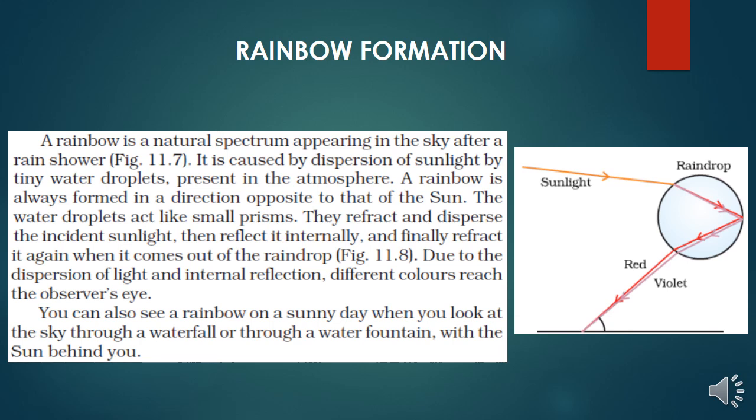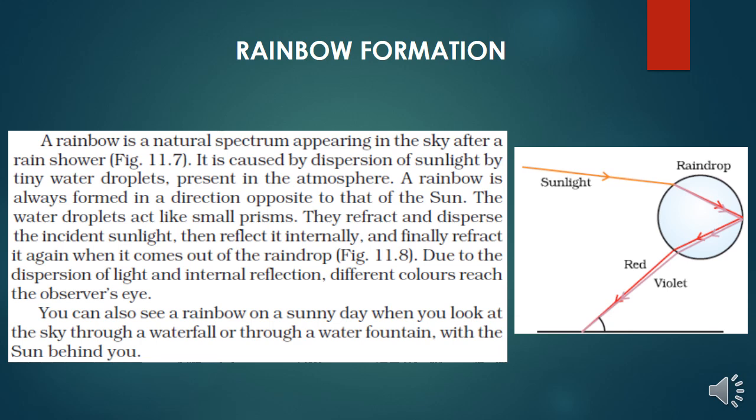So again, formation of rainbow is an important question. You need to learn it properly with the help of diagram. We will discuss other phenomena which are related to light, like twinkling of stars, the color of the sky, and many other phenomena, the early sunrise, the delayed sunset, and all other topics in the next lecture. So today you need to go through the slides properly, listen to them once or twice till the concept is clear.